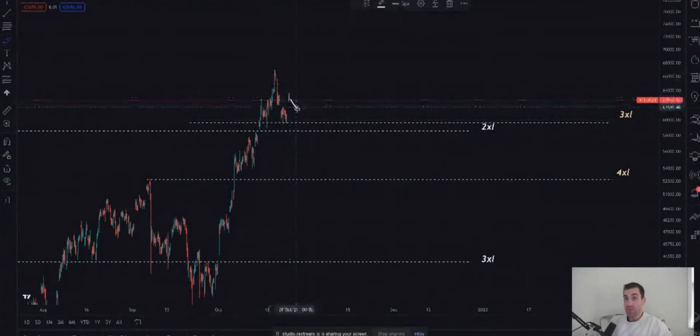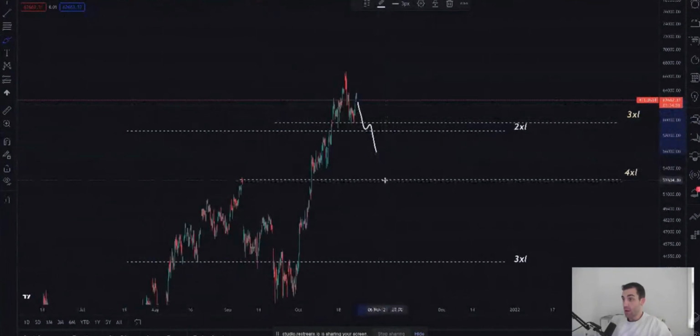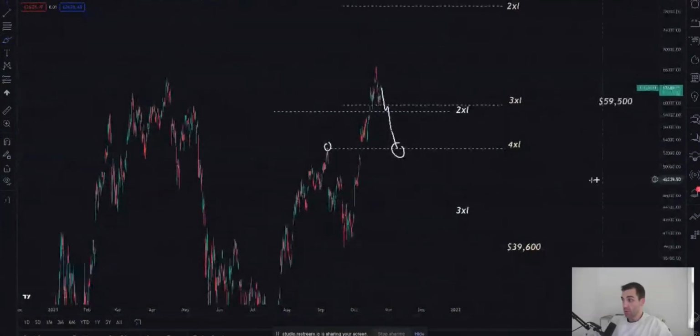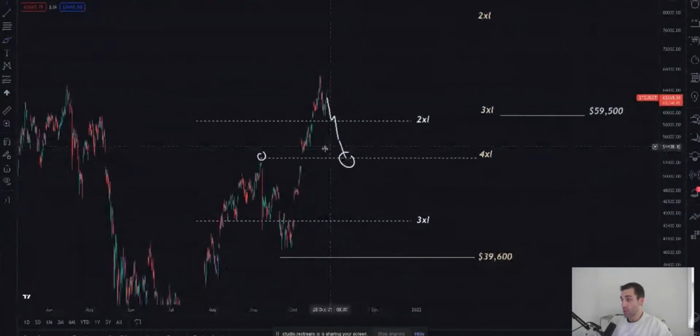And if things really start to get bearish, right, and if we really start to see Bitcoin trickle down, and it honestly probably develops faster than that, and we see this head and shoulders really play out, the next big support level is this 4x long level that we just talked about at about $53,000, just under $53,000. That, to me, is a phenomenal buying opportunity and phenomenal trade opportunity. Why? Because we expect buyers to come in and we expect to be able to see at least a bounce,